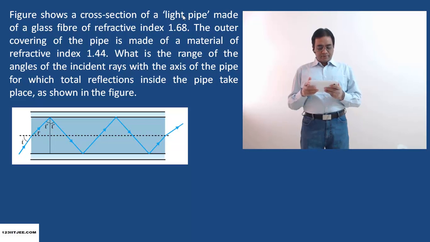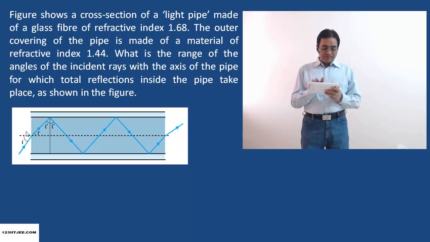Here we have a pipe which is predominantly made of material of refractive index 1.68. So this whole thing is material of refractive index 1.68. Rays are entering from outside, say air or vacuum. Then there is first refraction taking place here in this interface,